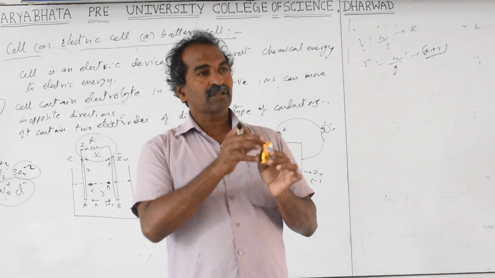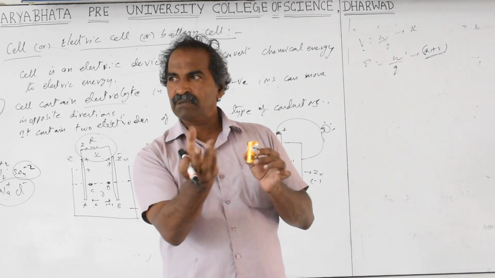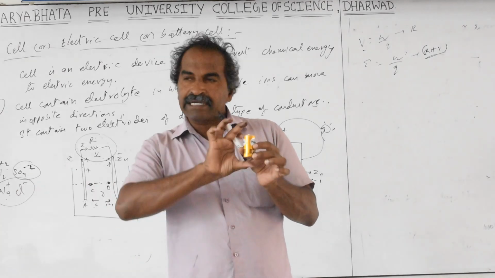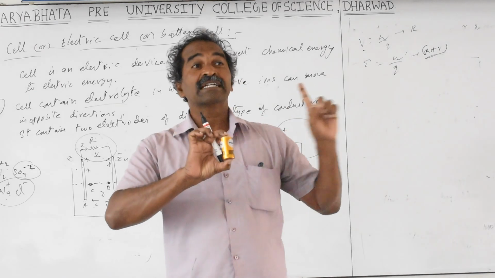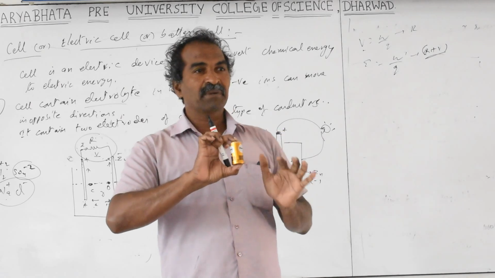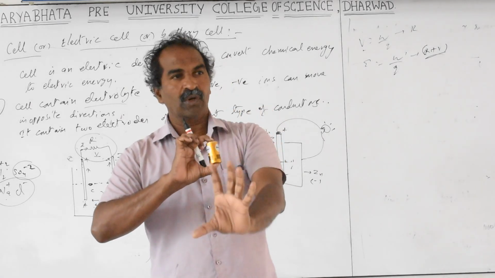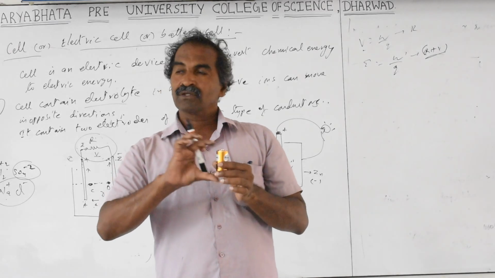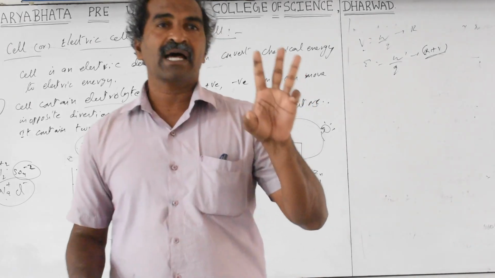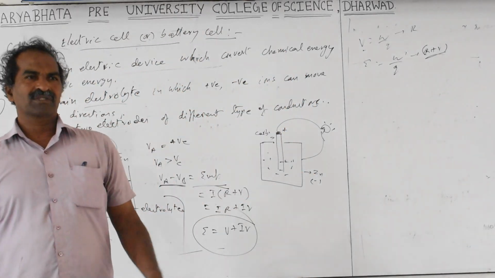If you connect one bulb across the battery cell, current is passing and the bulb is glowing. Now you take the voltmeter and connect it across this, and you will see a voltage less than 1.5 volts. Why? Because you are measuring the terminal PD when current is passing. Terminal PD is only the voltage across the electric bulb filament resistance, not taking the internal resistance into account. So the EMF and terminal potential difference will be asked. The definition and the difference will also be asked for 2 marks or 3 marks questions.